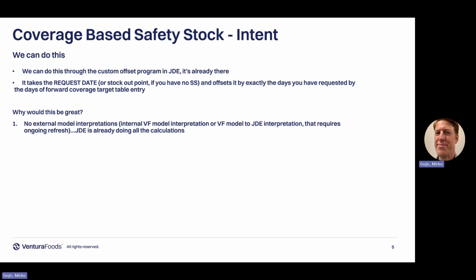So why would this be great? Well, there's no external model interpretations whatsoever. So even in the Ventura model, the model that you run, you have to do some shenanigans, you get some numbers, you get a quantity, you have to interpret it against a forecast to get a day's target coverage, and then you load that quantity based on days coverage into JD, and then it's refreshed,